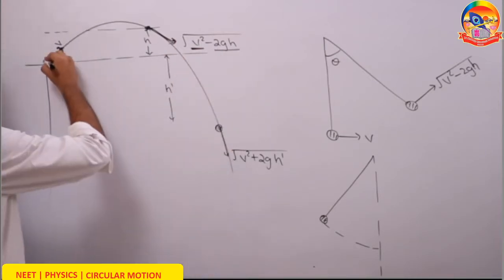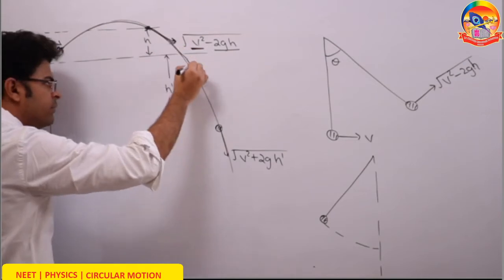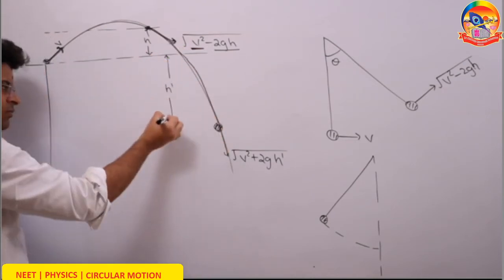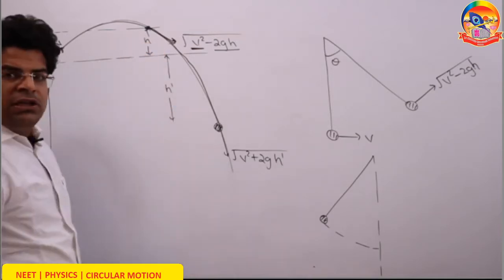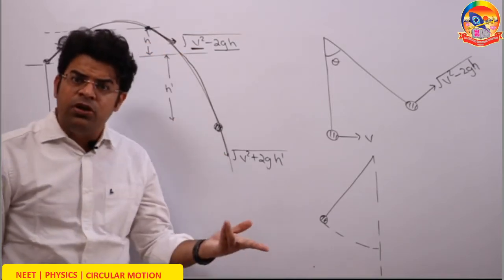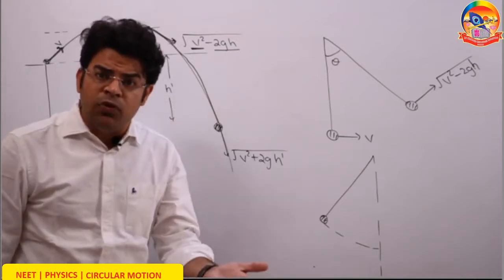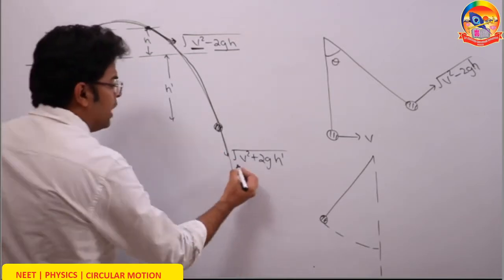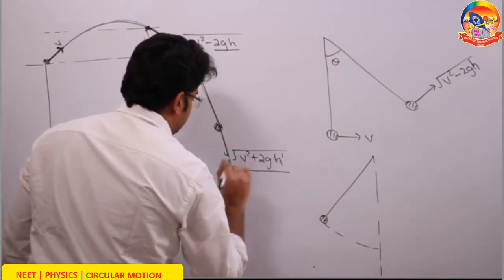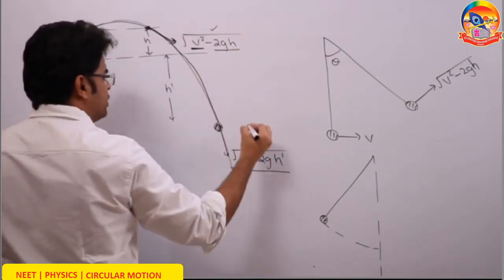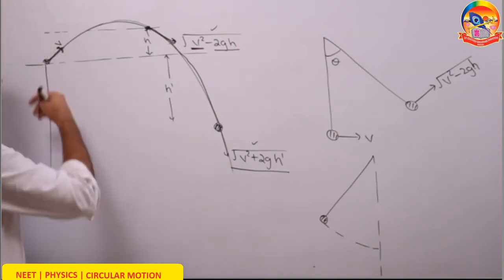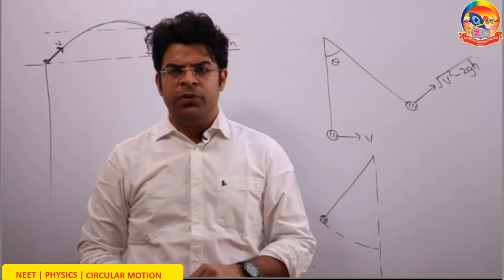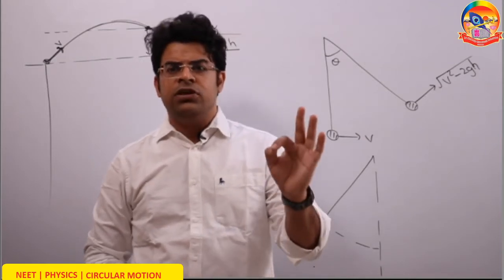And when it comes below the throw line by some depth, let's say h dash, the potential energy is less than before. So now the kinetic energy has to be more than before. So the speed must be more than v. So here the speed comes out to be the square root of v squared plus 2g h dash. You can verify this using the work energy theorem: initial kinetic energy plus initial potential energy equals final kinetic energy plus final potential energy. But I use them just like I am using the third equation of motion.